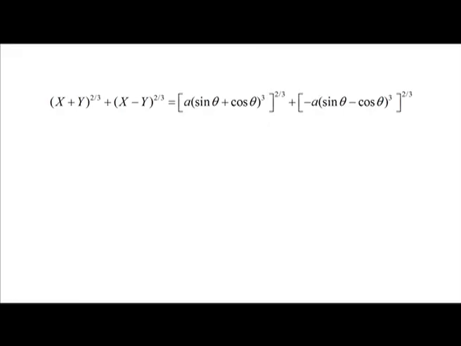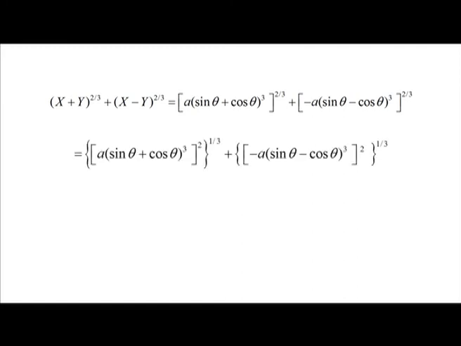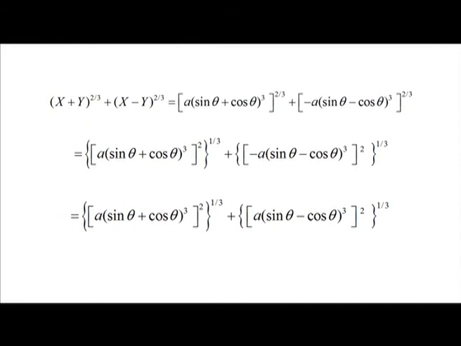Using the above values, we have (X + Y)^(2/3) + (X − Y)^(2/3) = [a (sin θ + cos θ)³]^(2/3) + [−a (sin θ − cos θ)³]^(2/3), which is equal to [a (sin θ + cos θ)³]^(2/3) and so on, that is, ((a (sin θ + cos θ)³)²)^(1/3) + ((a (sin θ − cos θ)³)²)^(1/3)